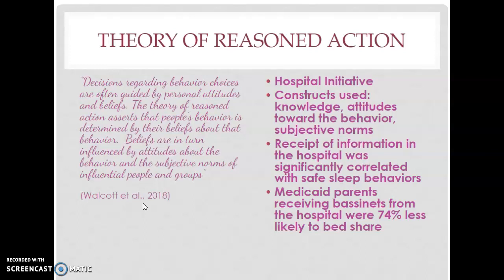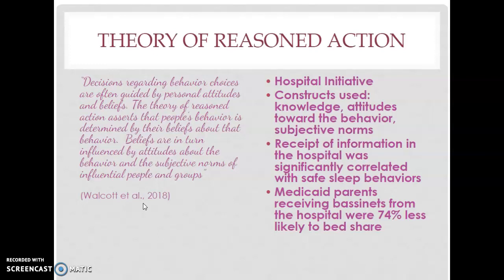The theory of reasoned action was used to guide research through looking at the constructs of knowledge, attitudes toward behavior, and subjective norms. The initiative included all mothers receiving infant sleep gowns, promoting the recommended safe sleep position with this side up messaging, as well as Sleep Baby Safe and Snug board books. Travel bassinets were given to all Medicaid and uninsured self-pay families in order to facilitate compliance with the recommendations for